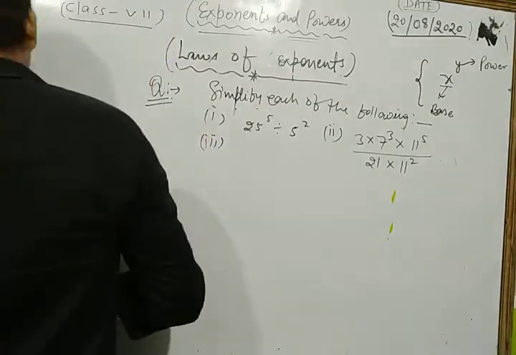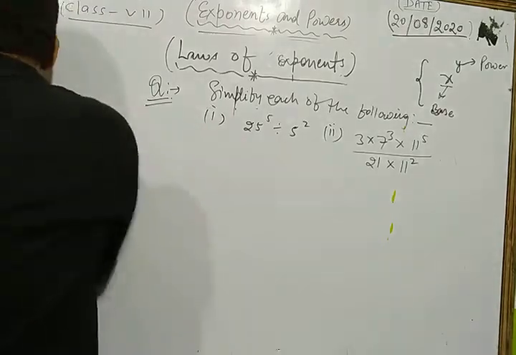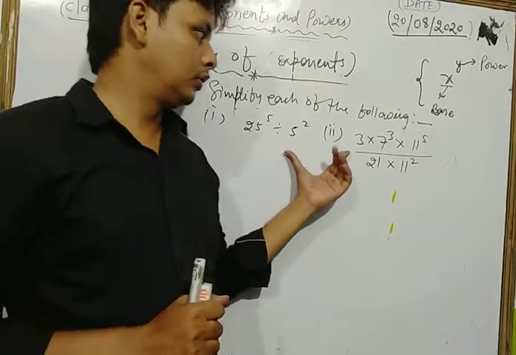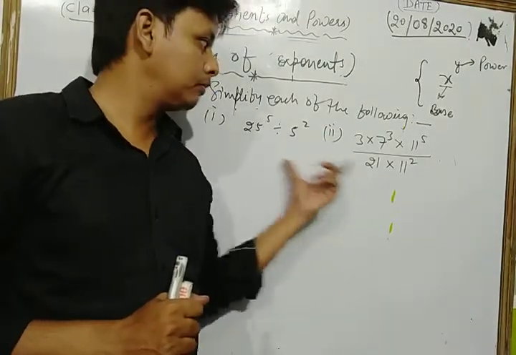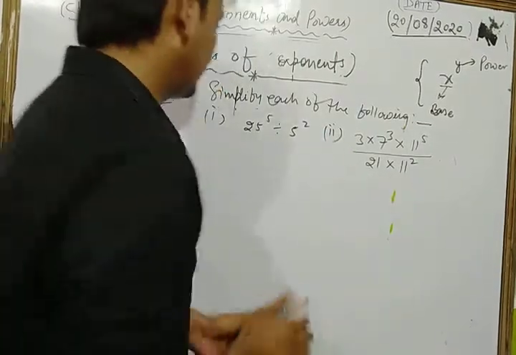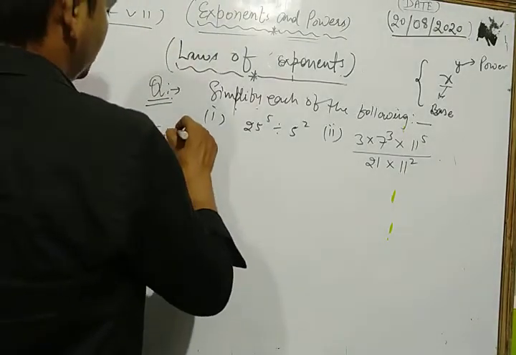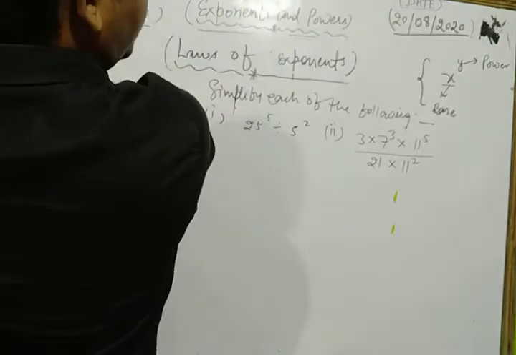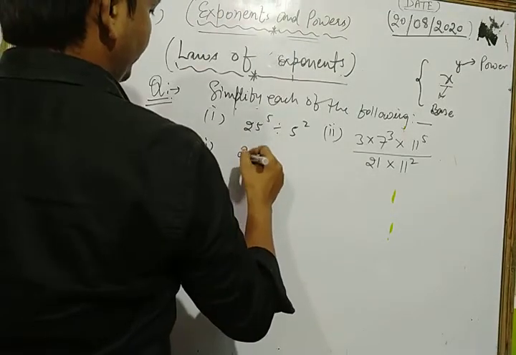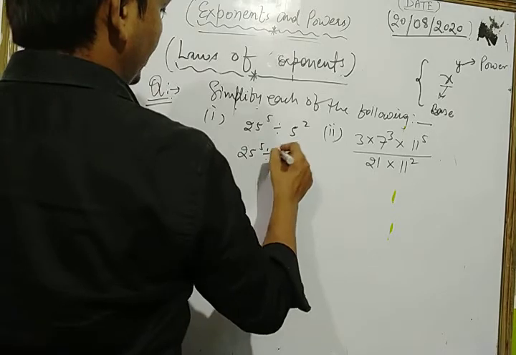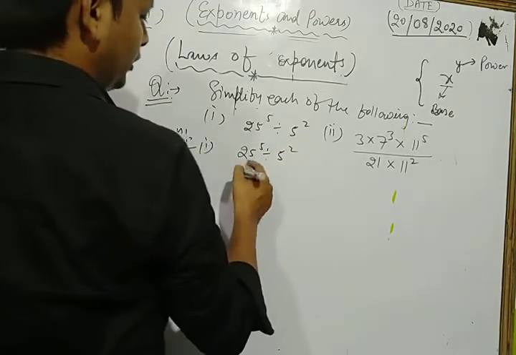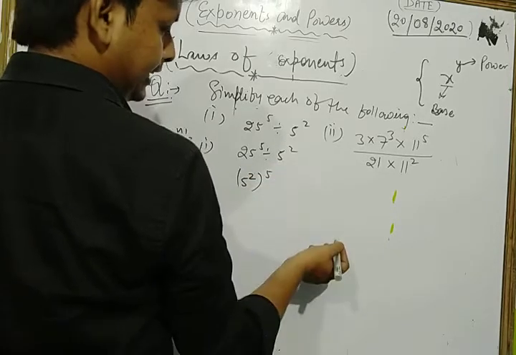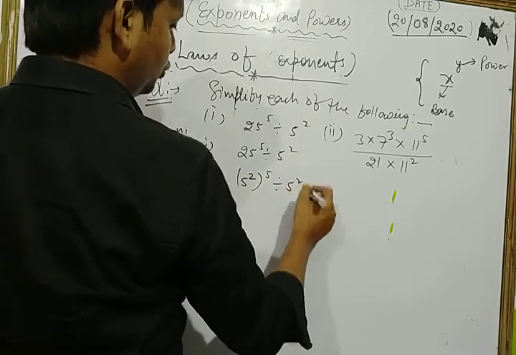now first we take these two questions. Dear students, here we simplify both the values. Now let's see it first. Now we take the first part of this question. First part is what? We have 25 to the power 5 divided by 5 square. Now we write 25 in exponent form as 5 square and whole power 5, as it is, divided by 5 to the power 2.